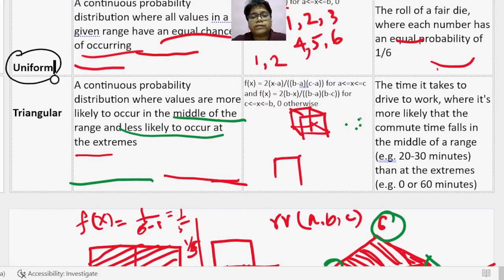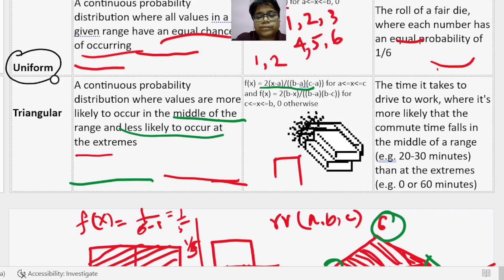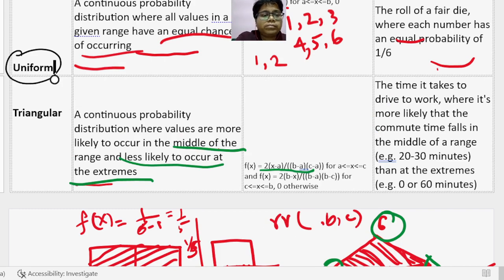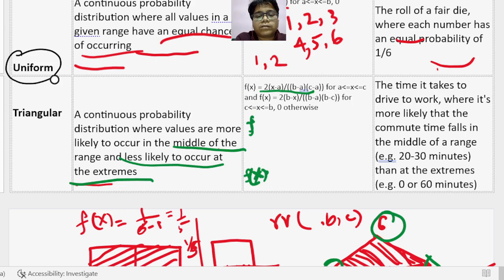And how do you arrive at these values? That formula is this, the probability density function. So how do you write this? f of x is equal to 2 upon,